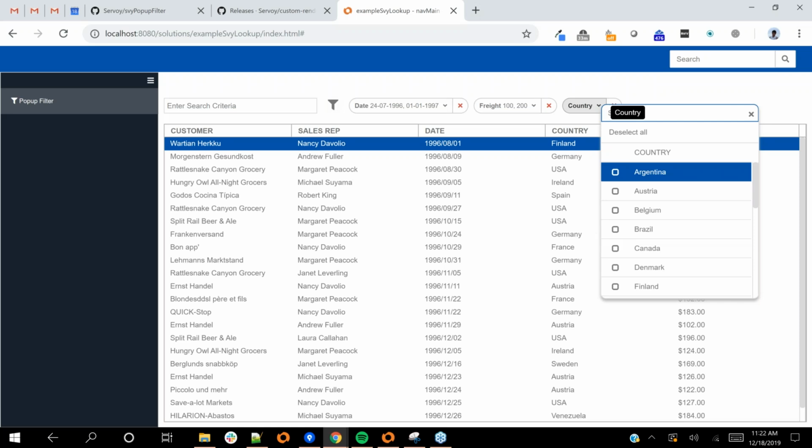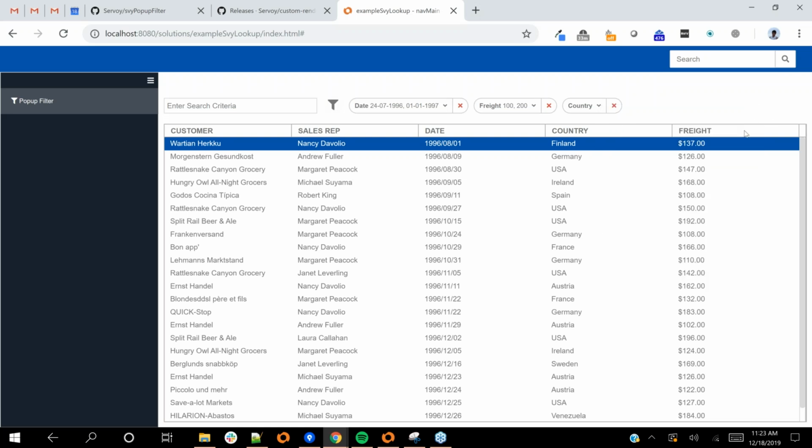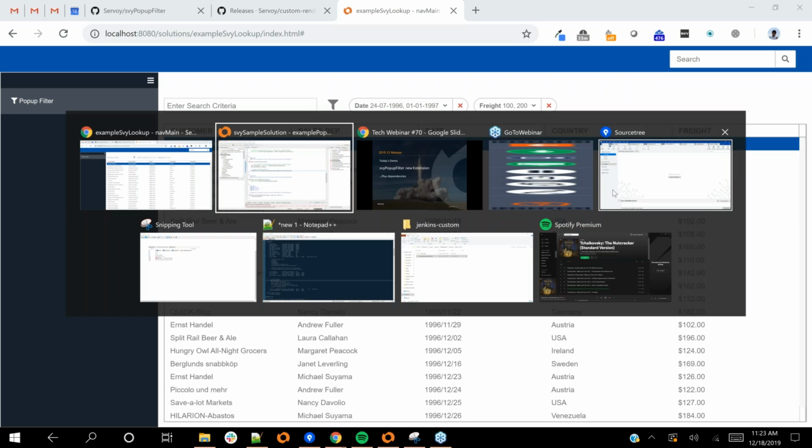This one did not have a value list. However, I do get this nice discrete pick list here. It's not pulling that from a value list. Also, I can type and filter, and I get to choose the countries that way. And I want to show how to do that because that was sort of a custom handler to the filter